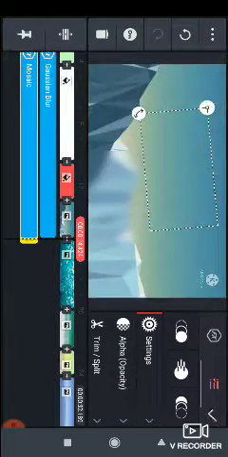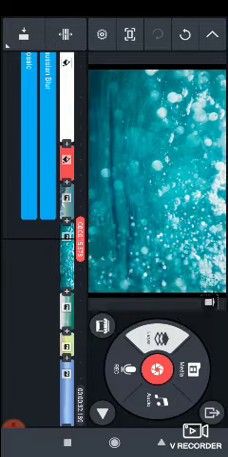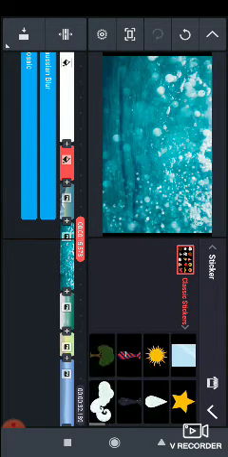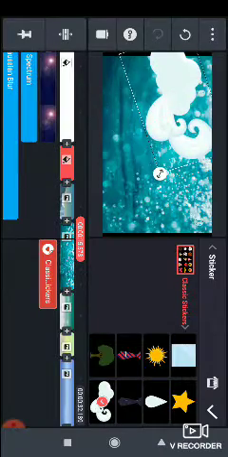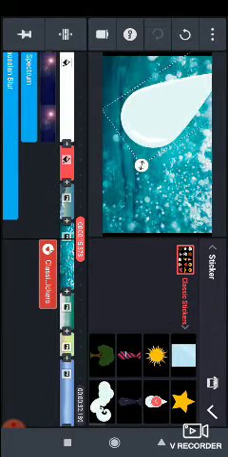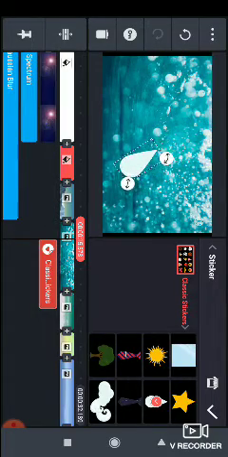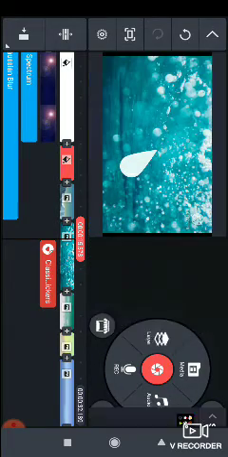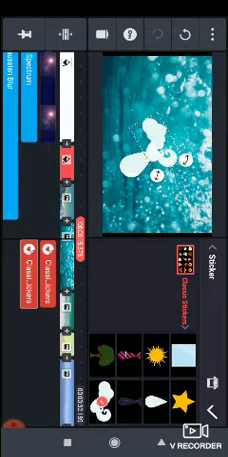Now after effects we have stickers. So we'll click on stickers, and here are many default stickers. Let's take one sticker. This is a cloud sticker. I want to put it over here, and a drop coming. I want this drop coming from here. Okay, and then I will click on right, and I'll go to stickers again, and I want to take this cloud option also, so it will look nice.